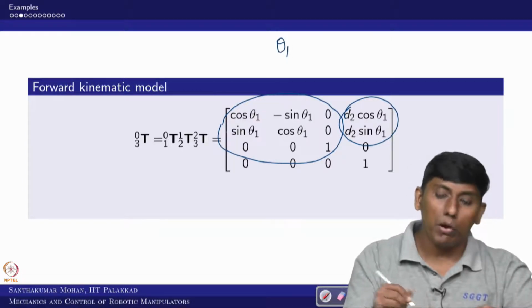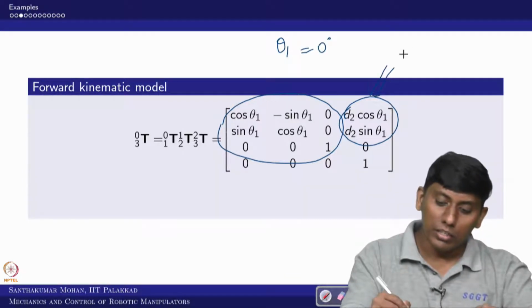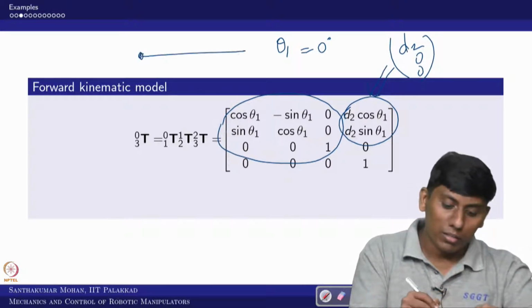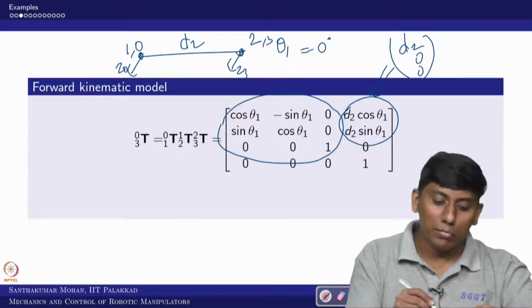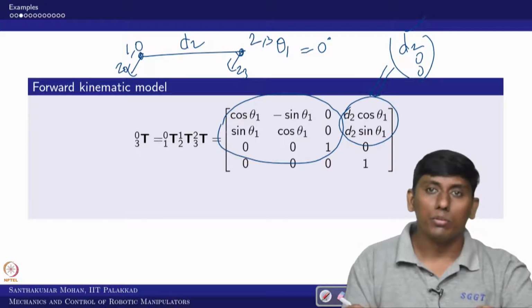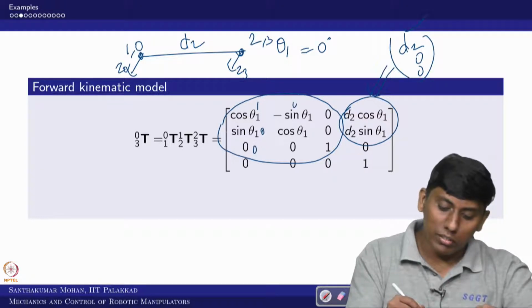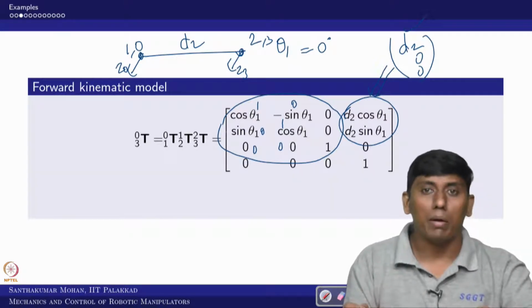So in the freezing point, theta 1 is 0 degree. So if you put 0 degree, what is it giving? So it is giving d2 0 0, that is the x displacement only there, right. So you can recall, this is 1 and 2, this is d2, and this is 0 also, this is okay. So in this case you can see this displacement along x, so d2 is coming, so you are getting it. And if you substitute this, this becomes 1 0 0, this is 0 1 0, and 0 0 1. So in this case you can see it is the identity matrix, that is also matching, right.